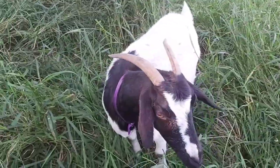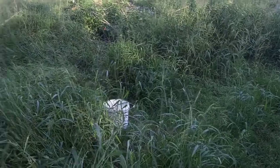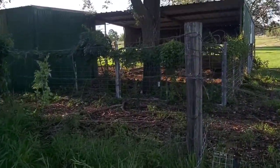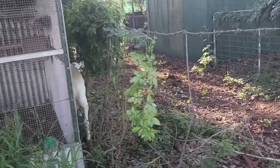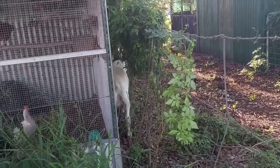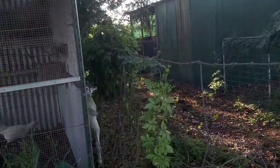Marbella is being very good. She hasn't gotten tangled in anything. So she's in there cleaning up that disaster area for me. I'm hoping Laura doesn't step through that barbed wire fence and get all completely tangled in there. But she probably will, and I'll probably have to come and get her untangled, which is a bit of a pest. But I actually didn't realise that she could get through there,